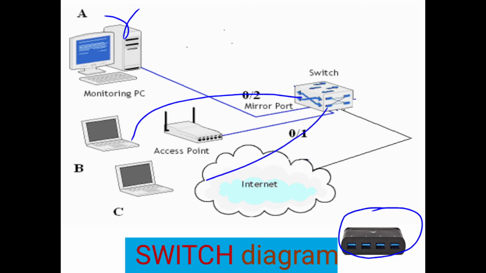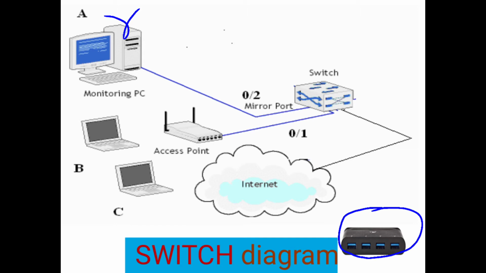There is no connectivity between the switch and C also, which was there in the case of the hub. When the hub was requesting the data, it was transmitting to B also and it was transmitting to C also, although they were not supposed to receive it.